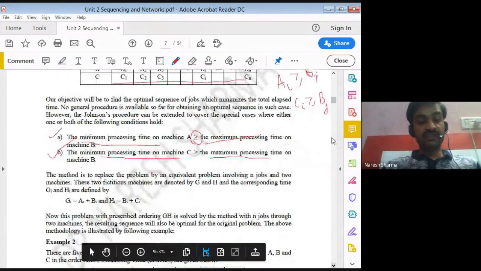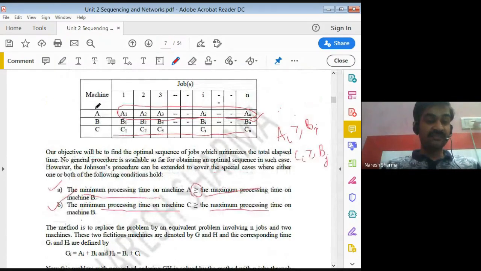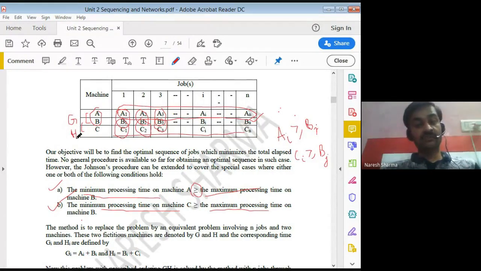To convert this, we add the respective values of A plus B. That means we add A1 B1, A2 B2, A3 B3, and make them a single machine with the new name G. Similarly, we add B and C, like B1 and C1, B2 and C2, and make another machine named H. So now, instead of three machines, we have only two machines.